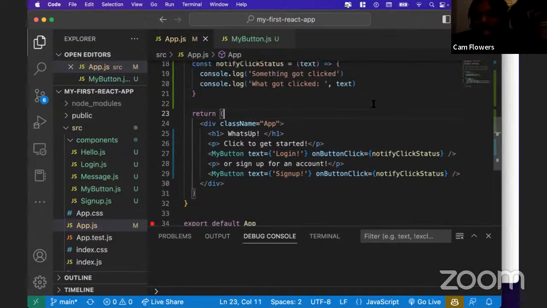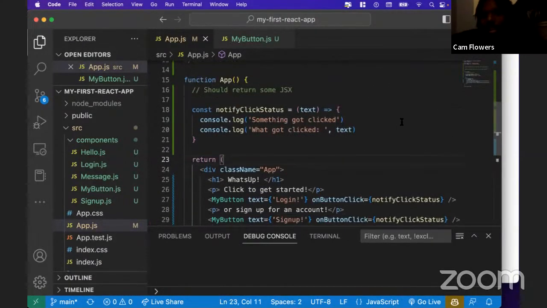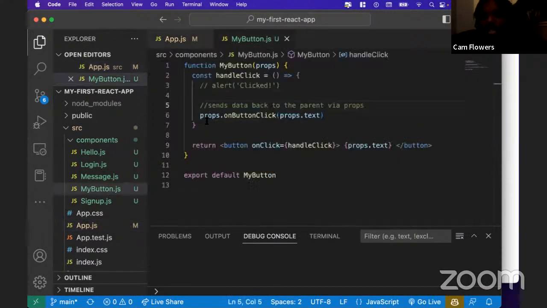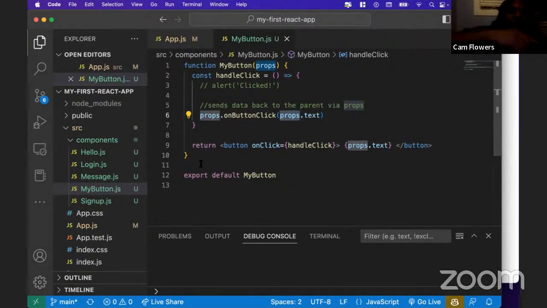So when we want a child to give us back some data, it's helpful to use this kind of notification system where we create some function that we're going to pass to the child as a prop. And when that child is ready to send us back that data, it'll just call that prop and pass whatever data we need, right? This system is a very common design pattern in React when it comes to sending data to a component and then sending data back to the original component. If that makes sense to you, give me a thumbs up, because that, like I said, is a pretty important design pattern that you'll see often when you want two components to share and exchange data